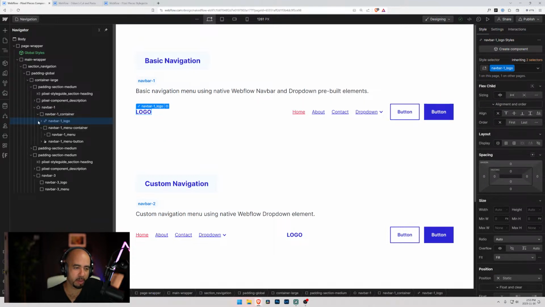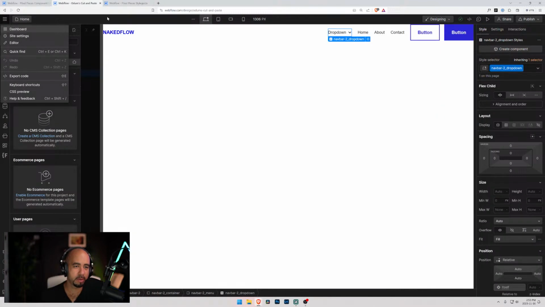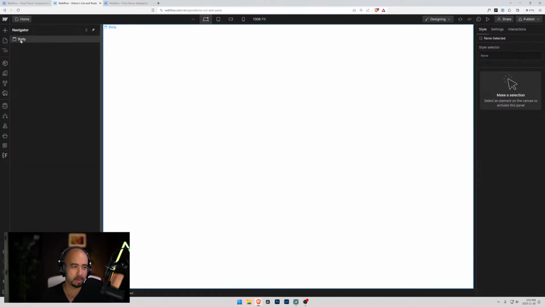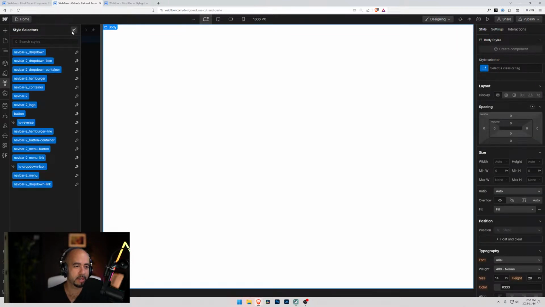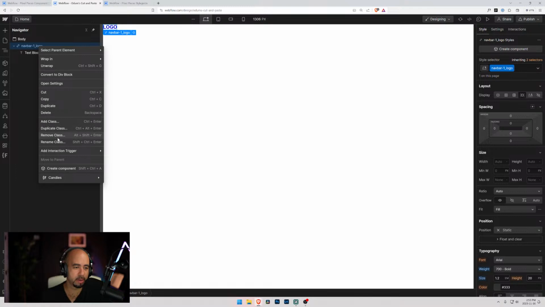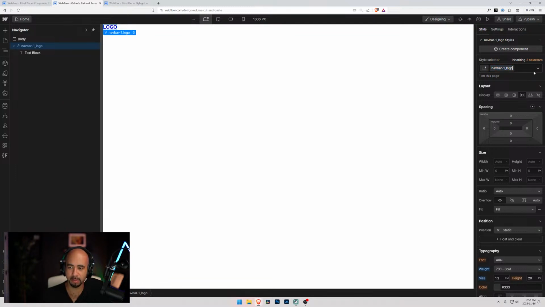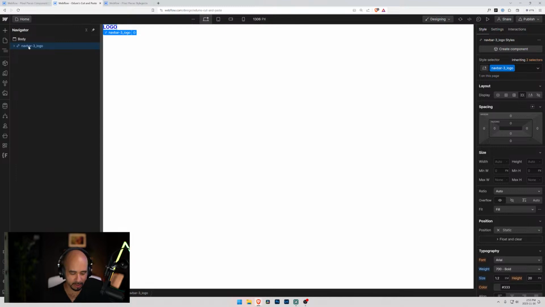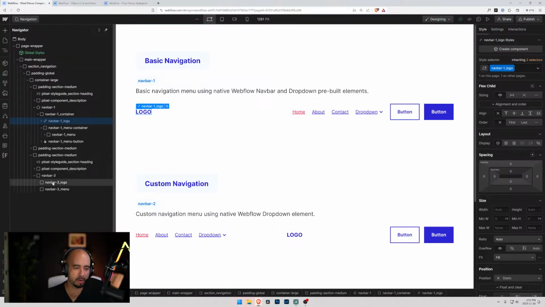So we want to copy and paste this. But we want it to be 3. So let's go into our copy and paste thing here. Actually, we'll delete the whole thing. Go into our styles, clear everything. Let's paste this. And we just want to rename class to navbar 3. So the reason we're doing this is so that I can cut and paste everything and not lose the actual,